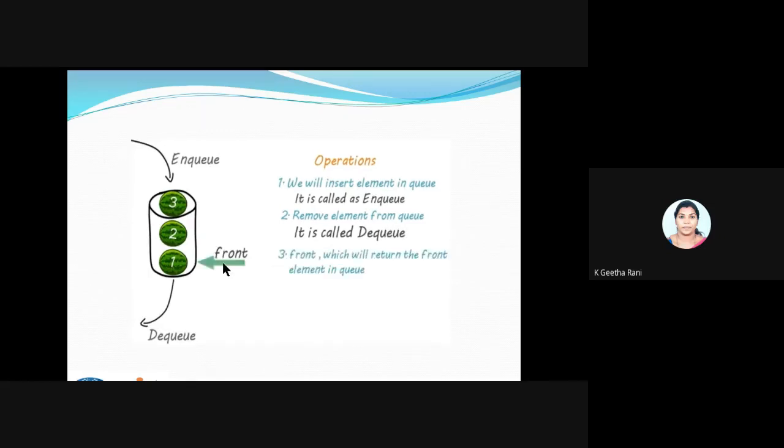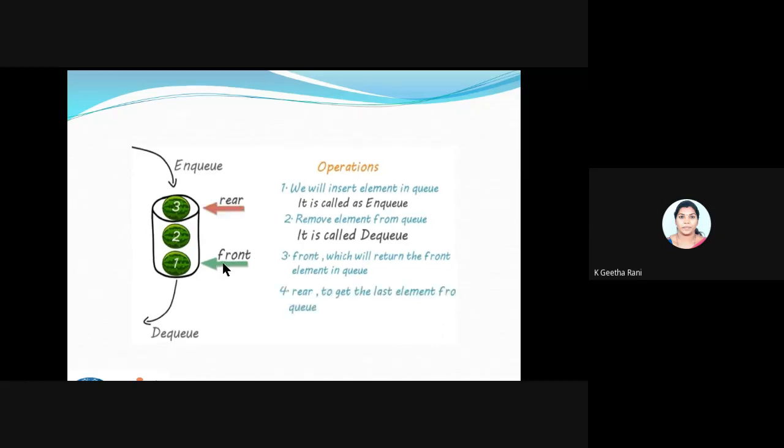And the third one is, here I have pointers. In stack I'll be using a term called top, but here I have two terms, front and rear. Okay, I'll tell one more time, front and rear. The front gives you the front value of the queue. In this place the DQ is happening. So this front will return the front element of the queue, the first element of the queue, which is going to be deleted. That is what the front term will be returning.